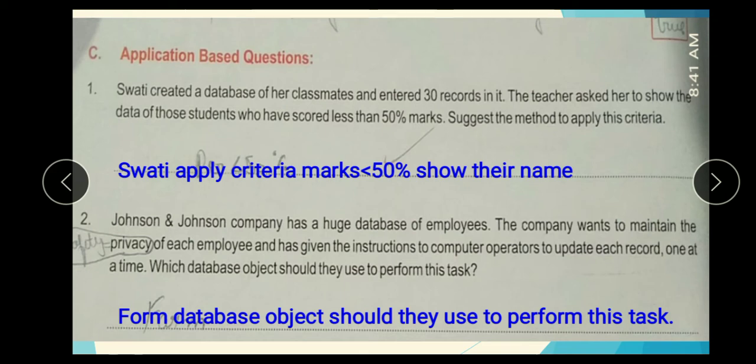Form, because with a form you can insert and retrieve data one by one. So Johnson & Johnson company maintains employee data through the form database object.